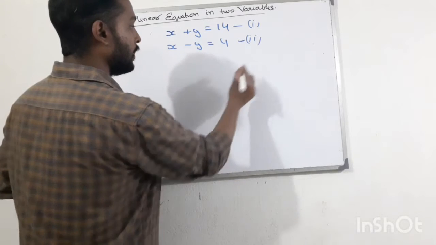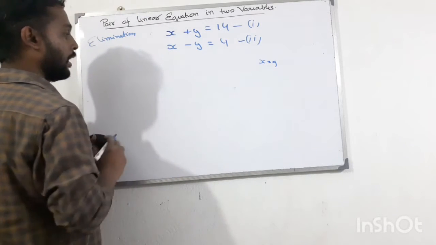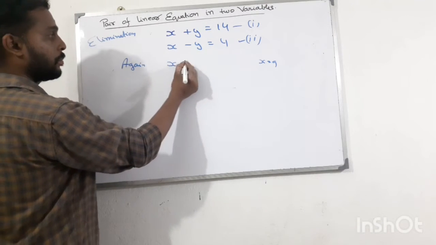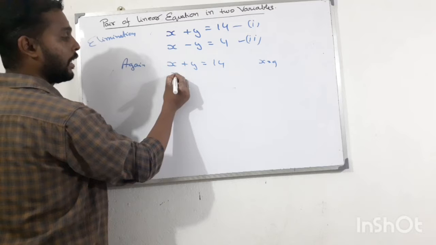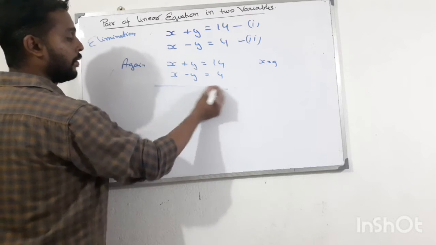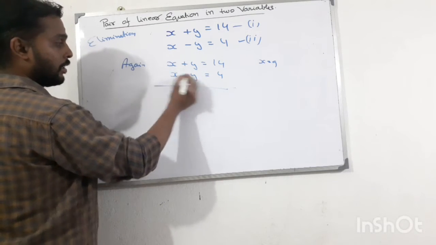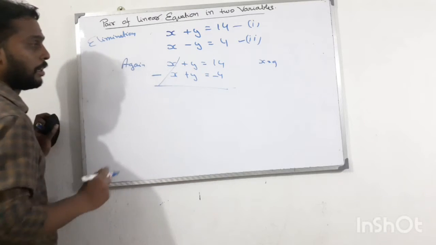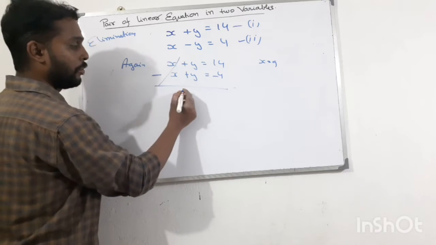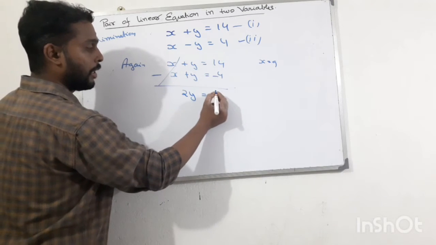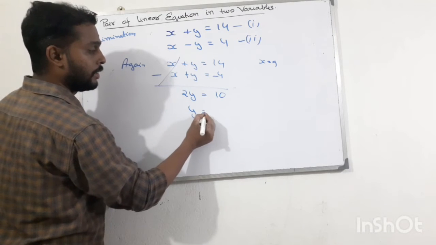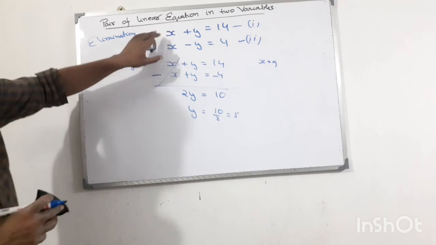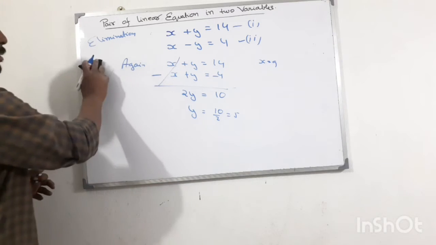x is equal to 9, and now we have to again take x plus y is equal to 40 and x minus y is equal to 4. And now we change the signs like this, x becomes minus, this plus and this minus. So this time x plus x minus x will get cancelled and y plus y is equal to 2y. Then 14 minus 4 is equal to 10. Then y is equal to 10 divided by 2 is equal to 5. So this way we can solve the equation by using the elimination method.